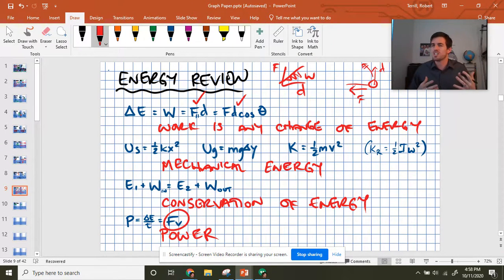questions, and you kind of just assume that the teacher has talked about it with you enough. My grammar got messy there. The idea, trying again, is they're hoping that you've learned F times V equals power, and you can kind of derive that on your own, even though it's not explicitly given on the formula sheet. So that's everything that you hopefully need to know just quickly in energy. There's obviously a lot more to it, but these are the main formulas and the main ideas that you want to take with you into the next